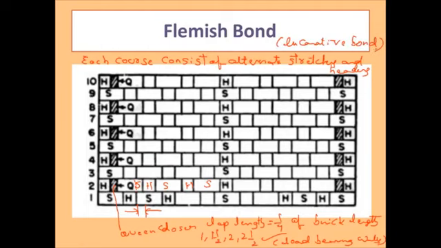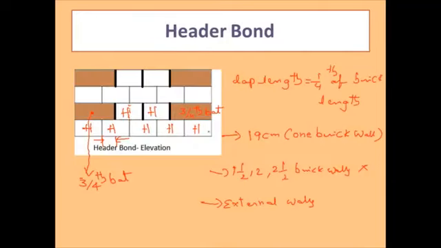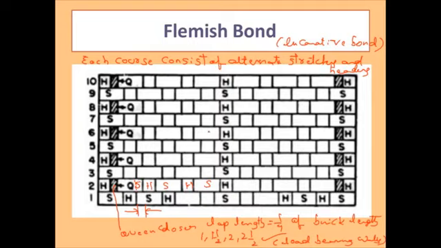So these are the four types of bonds in brick masonry. If you see the first one, the stretcher bond, the wall completely consists of stretchers. And the second one, the wall completely consists of headers. And the third one, that means English bond, consists of alternate stretcher and alternate header courses. And in the Flemish bond, each course